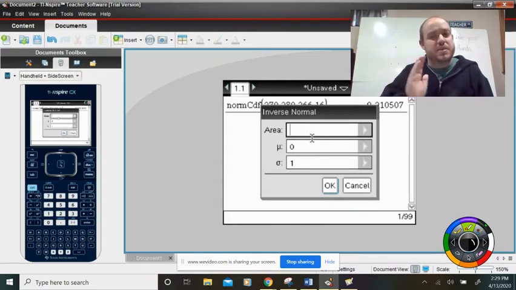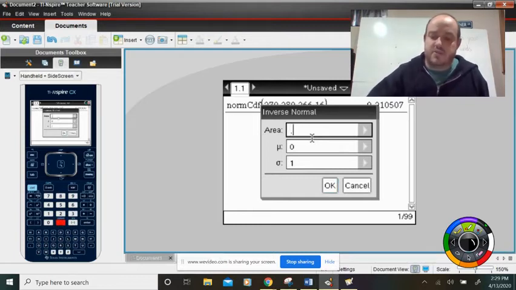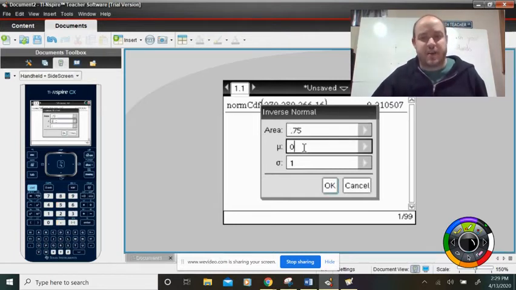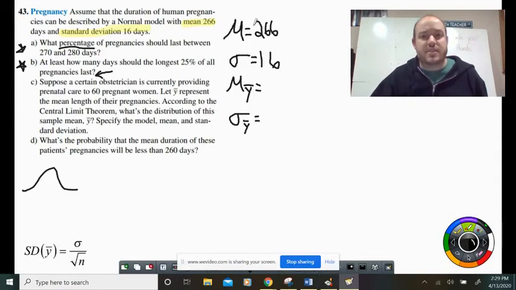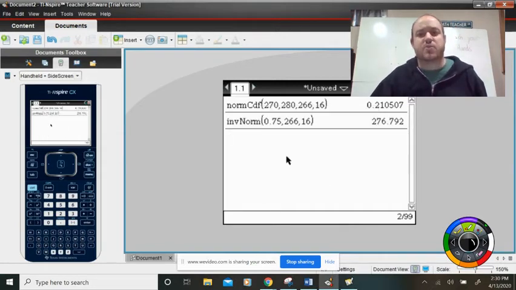So how much would be below that? Well, if you're looking at 100%, the top 25 means how much is left below that marker? Well, 100 minus 25 gives us 75. So this would be 0.75. In terms of our mean and our standard deviation, we are still dealing with the 266 and the 16. So I'm going to go ahead and plug in 0.75 and 266 and 16. And when I hit OK, this is going to be our answer to B, the